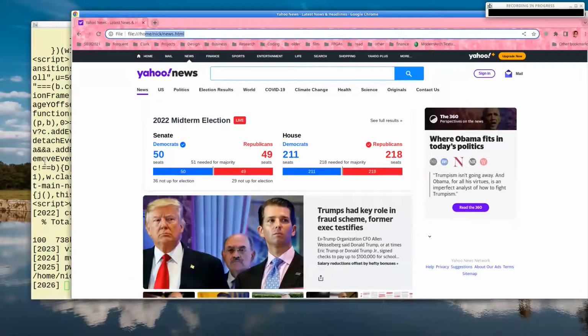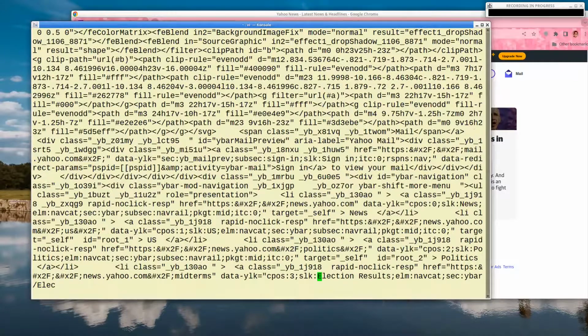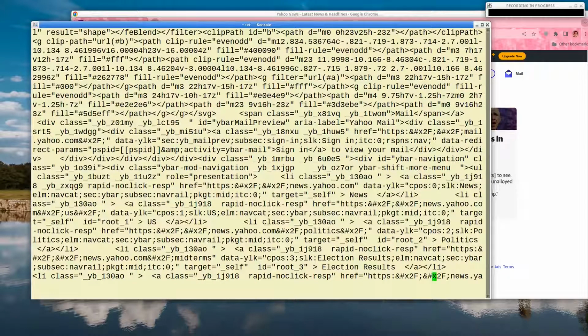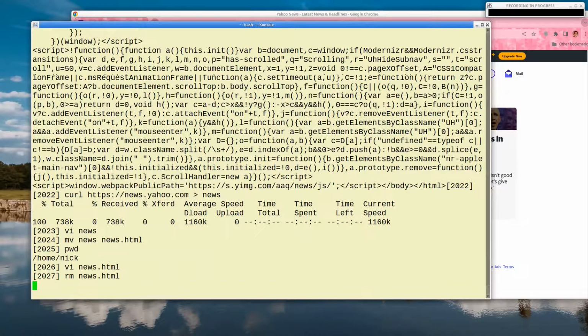And so if I were to search for election, right? So there's where it says election results. And so on and so forth. So this can be useful